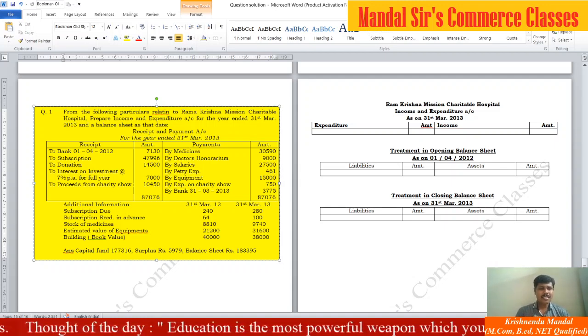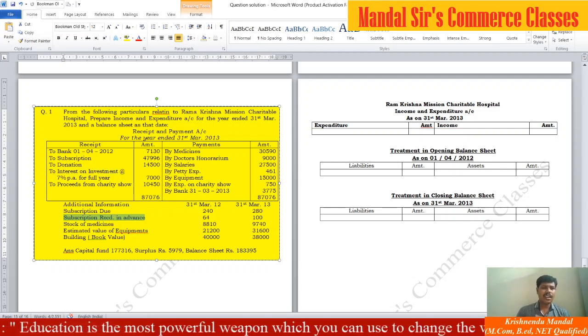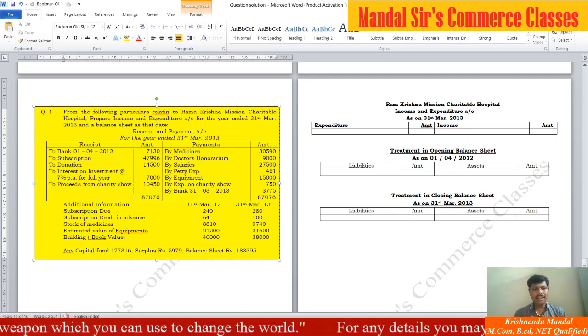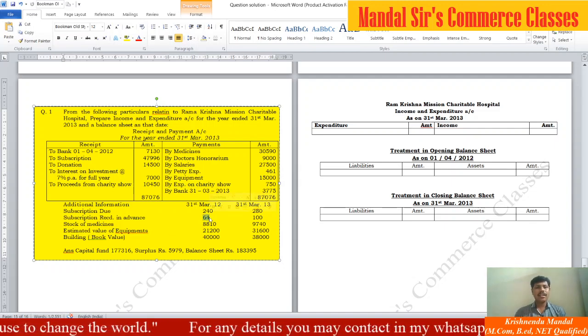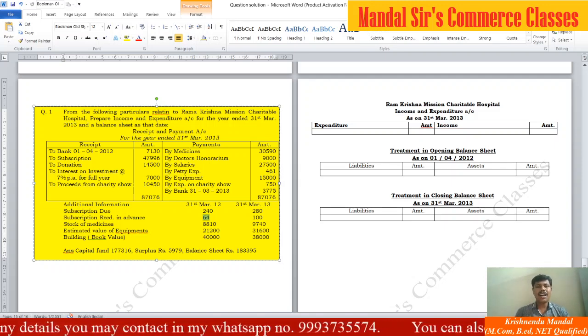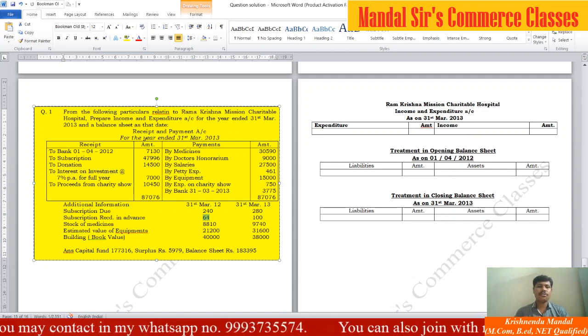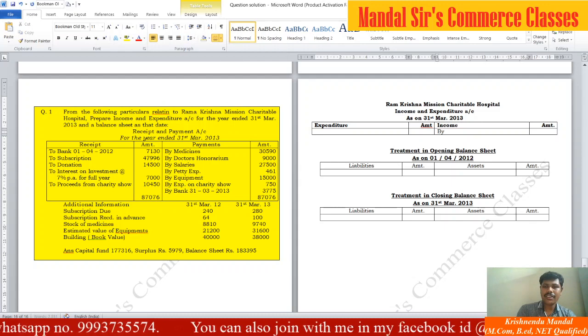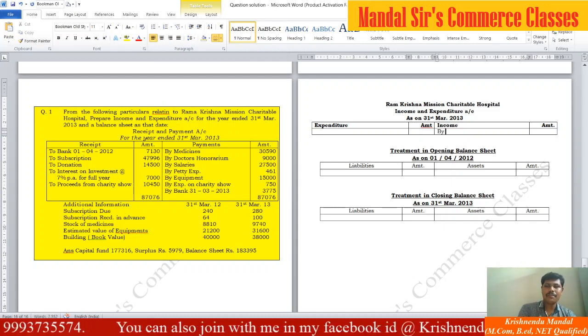Now after this, subscription received in advance is also given over here. Subscription received in advance means the amount of subscription which is received earlier, before the period. That is 64 rupees we had already received in the last year for the current year, and on 31st March 2013 we received 100 rupees for the upcoming year, that is for 2014. So let's begin with the adjustment. First of all, we will write over here in income side